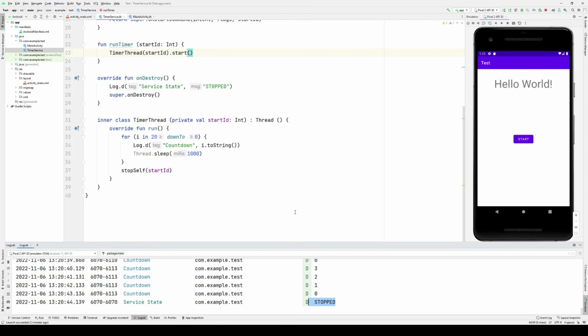And in that situation, we would have a problem where the 1-minute timer, having executed with the most recent startId, would then kill the service even though the 10-minute timer was still executing. So we may have to come up with more involved logic to facilitate the service doing a proper shutdown only when all tasks are completed. But regardless of what your use case is, you'll essentially need to come up with a mechanism to do that.